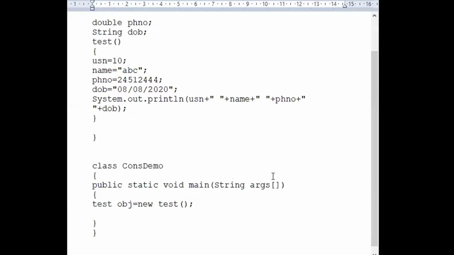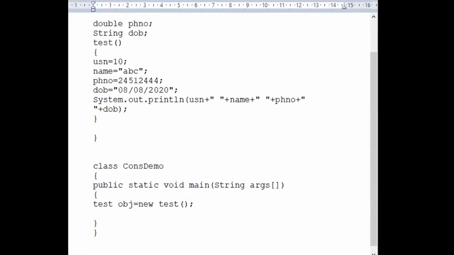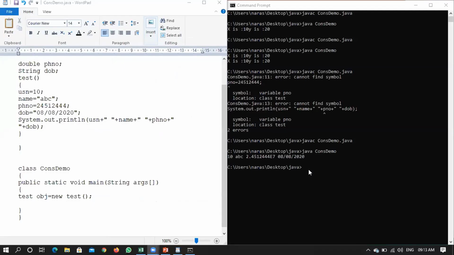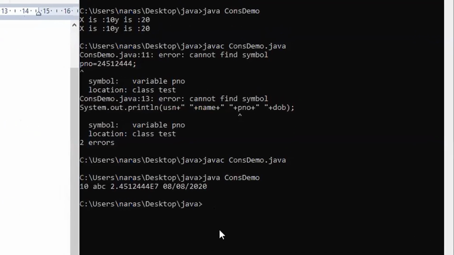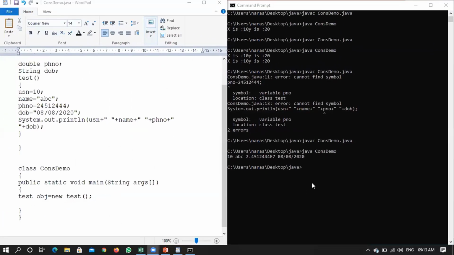Right. Clear? Until now, whatever I was explaining, I was just explaining when the constructor will be executed and whether it is going to initialize the instance variables or not. These are the only two conclusions I am showing with respect to the program. The first conclusion: when will a constructor be called?